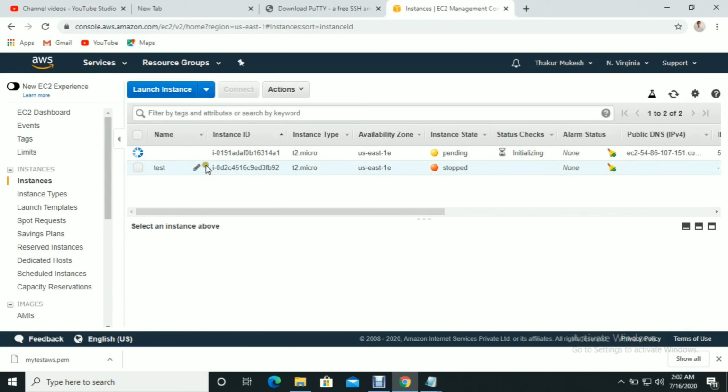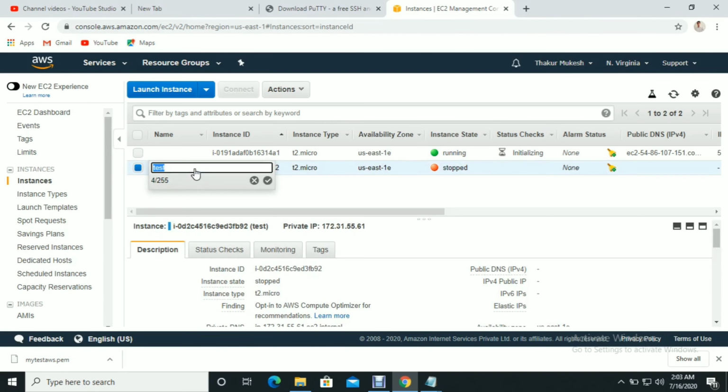Okay, so you can see here my instance. You can see the tag I gave a name. Sorry, it's coming. This is the old tag, old instance. It will come. Let me refresh that one. I think the tag was already there, so that's why it's not taking the duplicate. Let me remove this one.